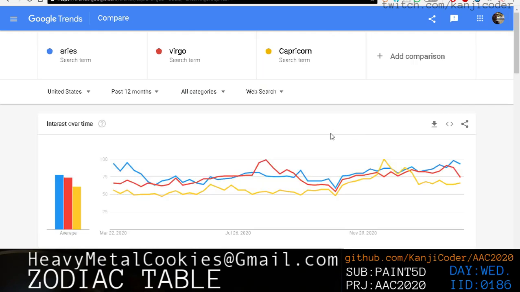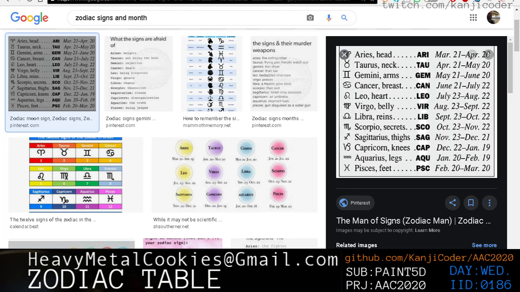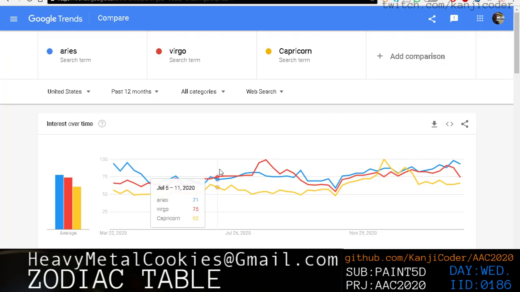And if we look at Capricorn, we see a little spike right here in December. December or January? Okay, well, let's go look at the zodiac signs. Is it December or January for Capricorn? December and January. Nice. Okay. So how about